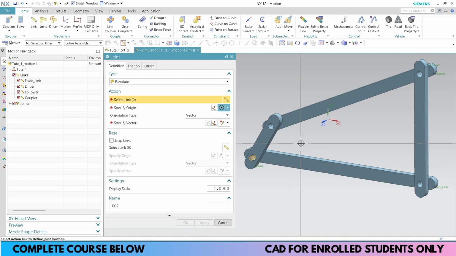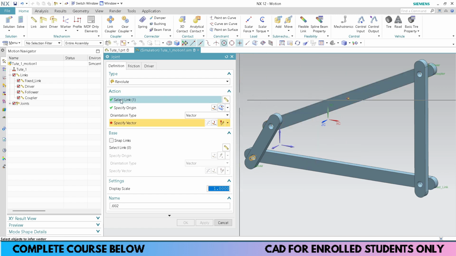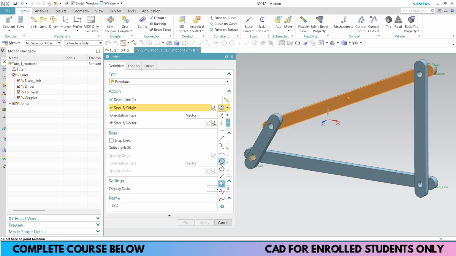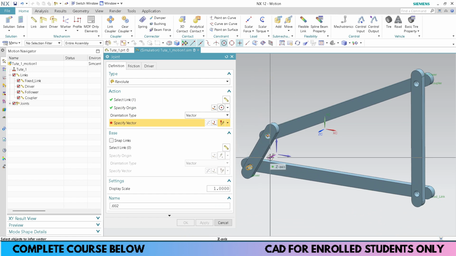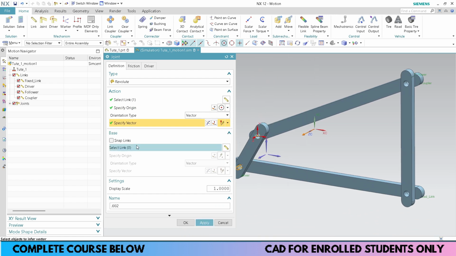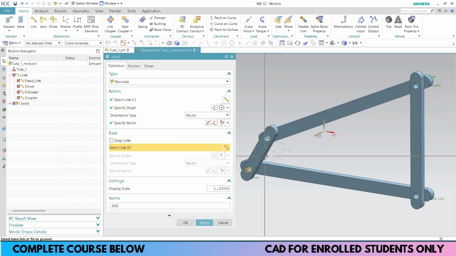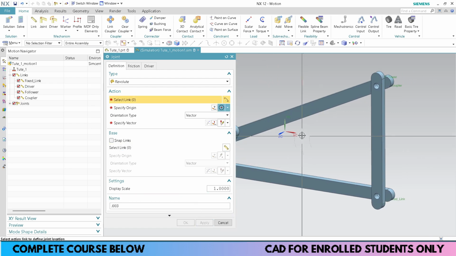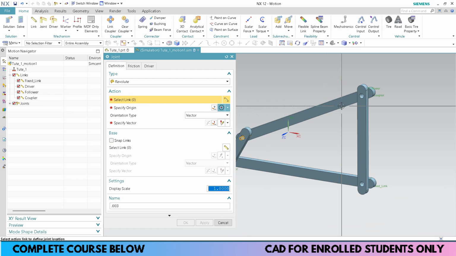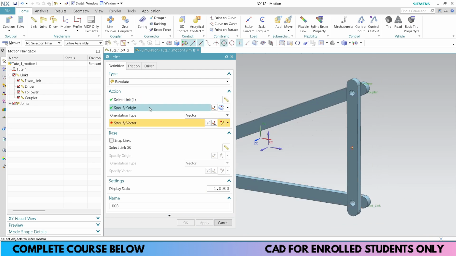And now for the second revolute joint, select this link, and the origin would be this. Vector is pointing outwards, and the base link would be this one. Apply. Now for the third link, this is the link.